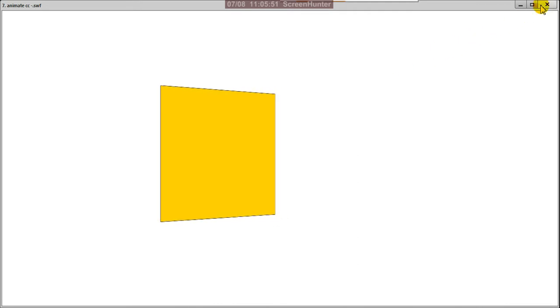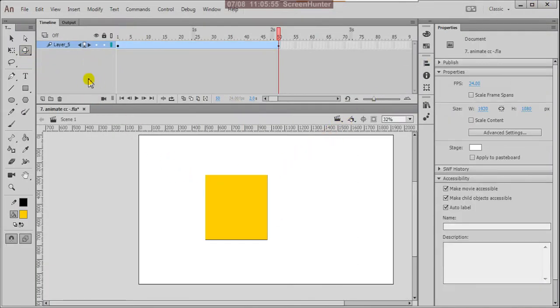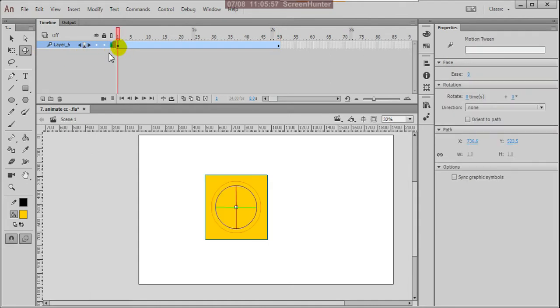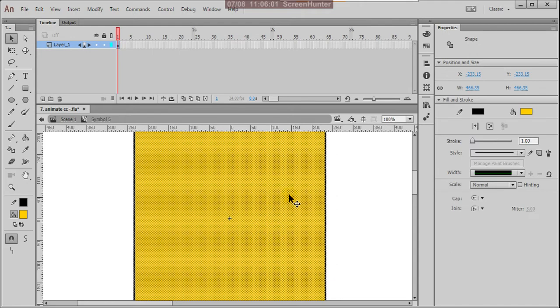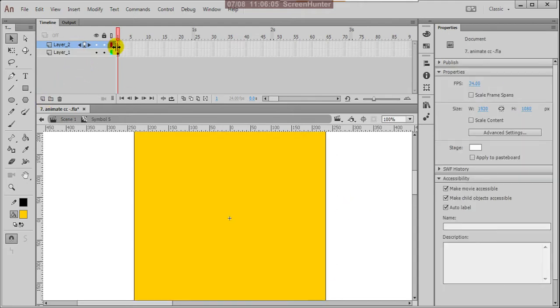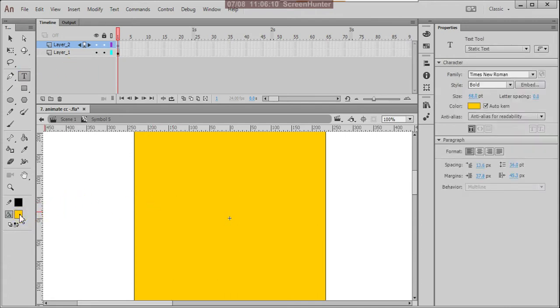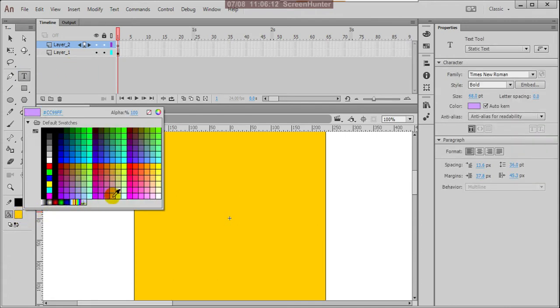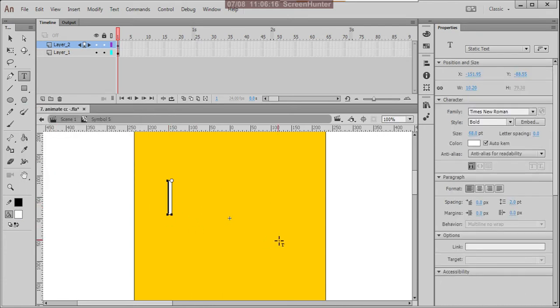Now what I'm going to do, double click on that, and create one more layer on that, and here I'm giving some text with white color: animation.